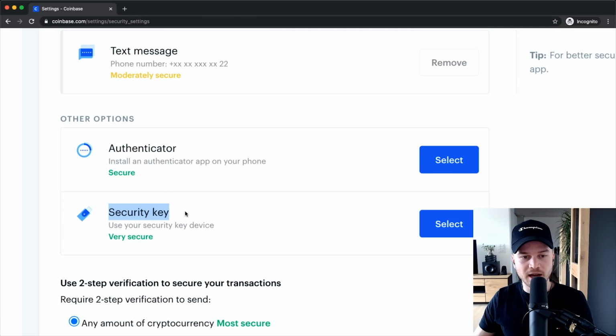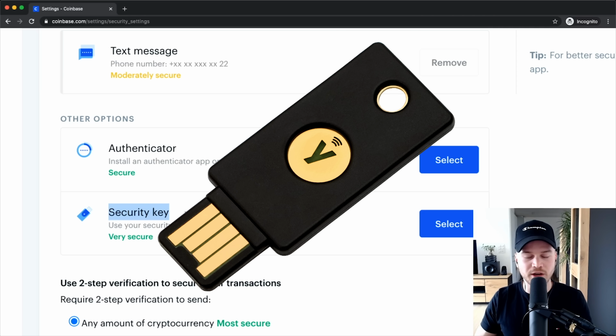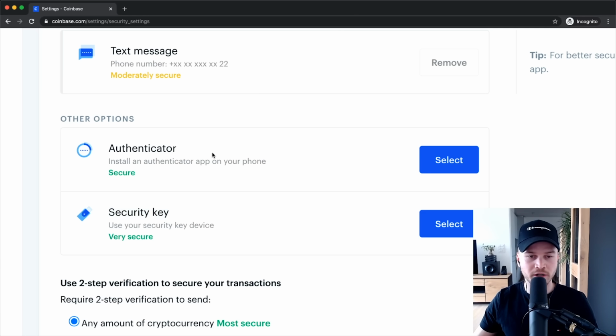I've actually ordered this hardware device as well, so it's not arrived yet, but that's probably something I'm going to do in the future to keep my account even more safe. It's like a YubiKey. If you're interested in that, I'll leave a link down below in the video description where you can get these. But for this tutorial, I'm going to move on and show you how to do it